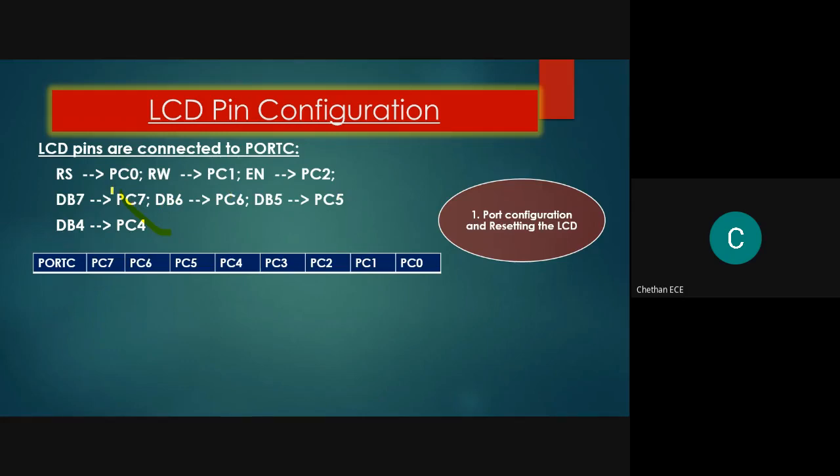Now, if I want to configure these particular pins as output, tell me the hex equivalent to be sent to the register. Kindly answer in the chat box. I want to configure these pins as output pins. Tell me the instruction or command to set the direction. Kindly answer in the chat box.